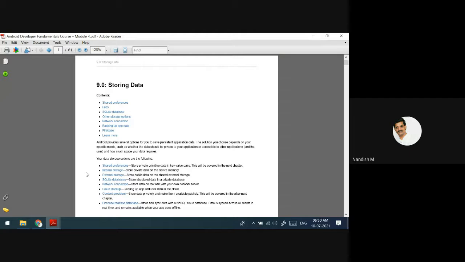But finally, we want some data to be stored, and if that data is required at some time, we have to retrieve it. For that purpose, we are going for app data. At real time, if we want some data, then we want to make some facility to store it somewhere.